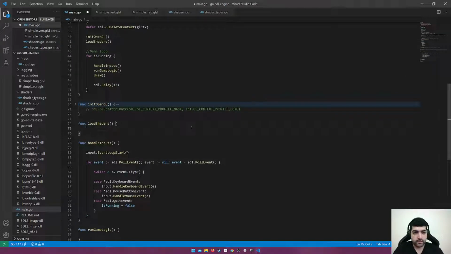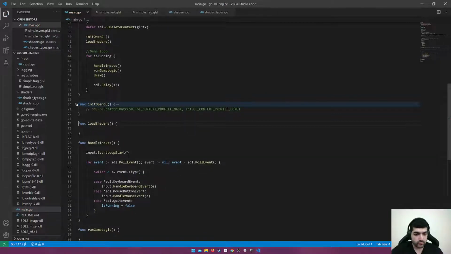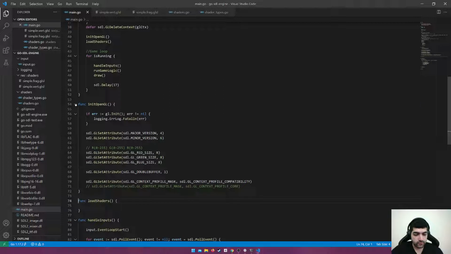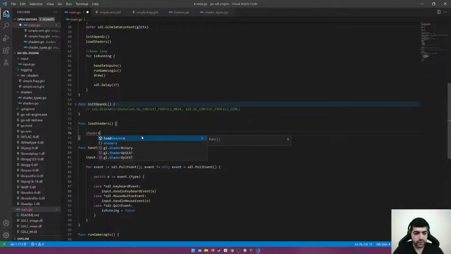Now, let's see. So we have right now shaders. Okay. So shaders finally. Shaders dot